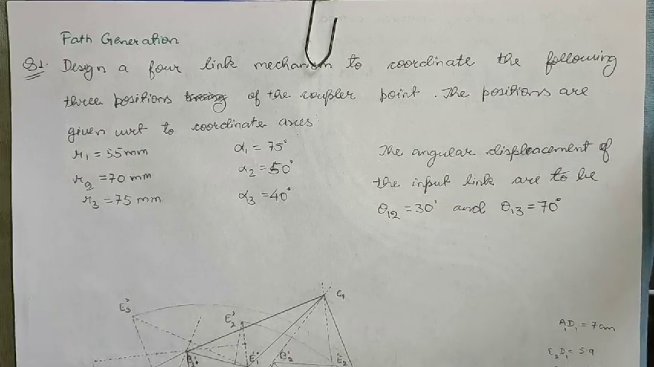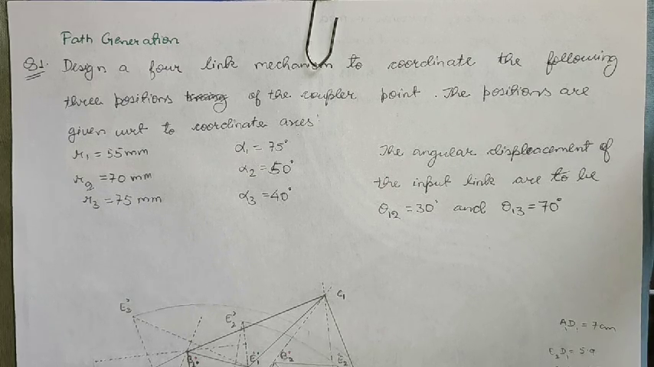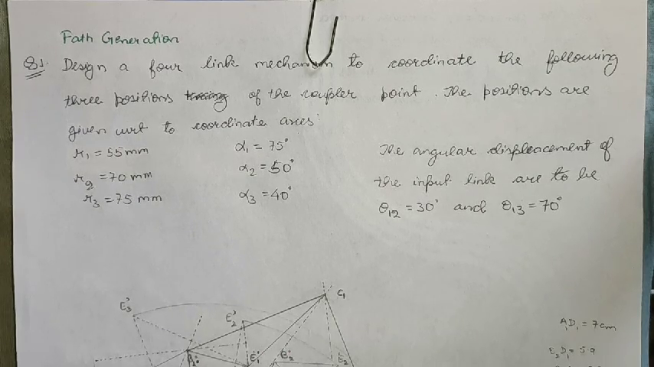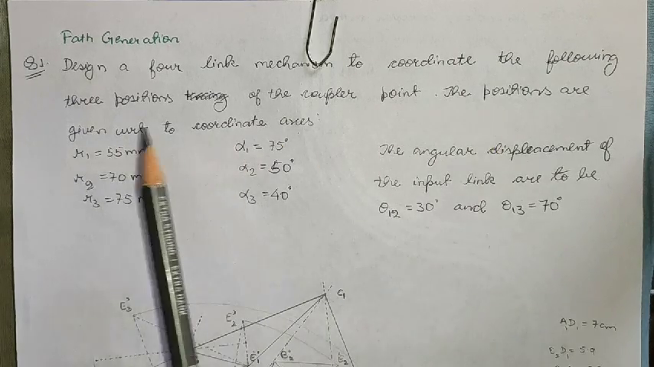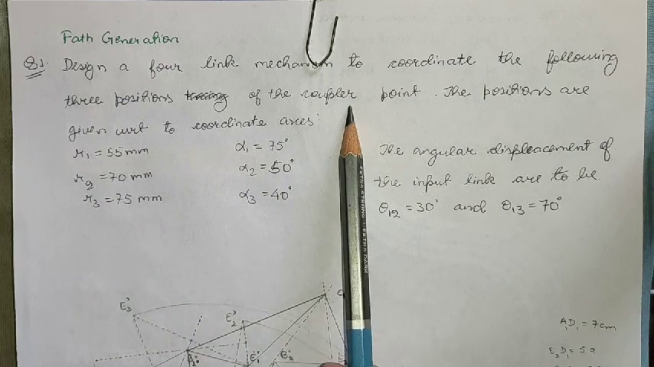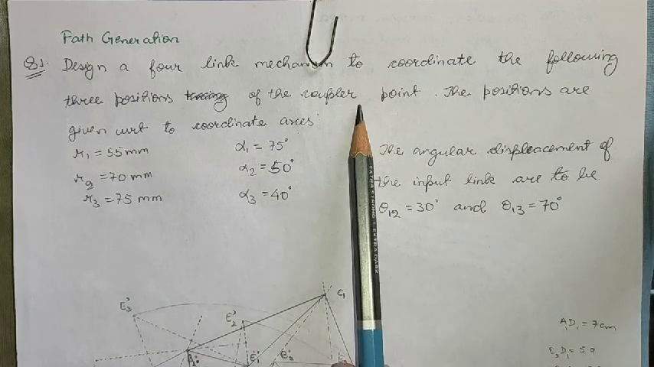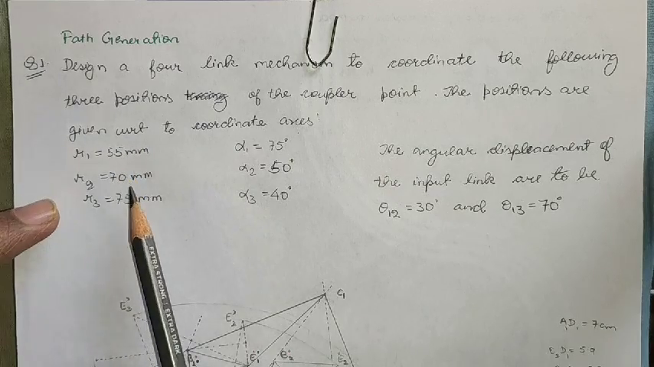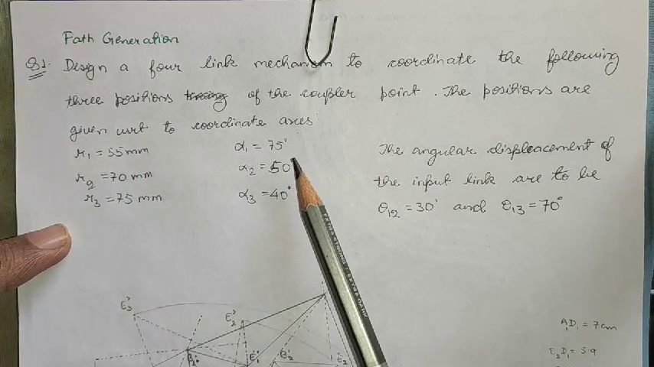Here we are going to discuss the synthesis of a 4-bar mechanism using path generation technique. Let us take an example in which some of the parameters are given. Design a 4-link mechanism to coordinate the following 3 positions of the coupler point. Here my coupler point is given for the 3 positions R1, R2 and R3, and the respective angles